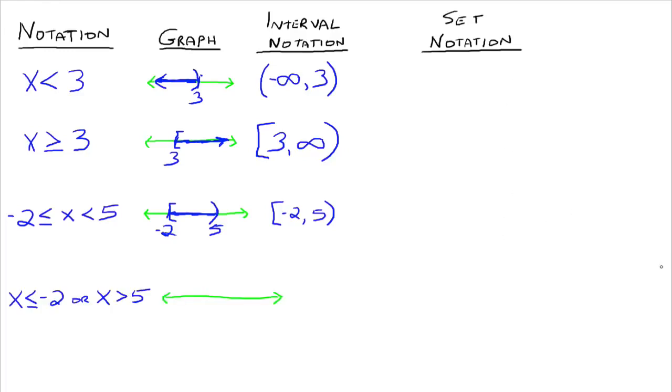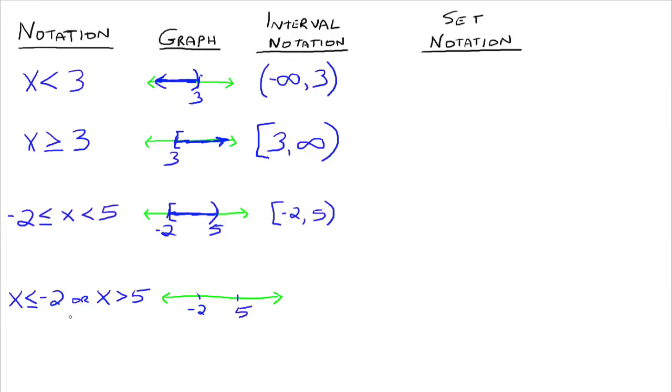All right. So what if we have it looking like this? These last two here are called compound inequalities. You'll see them somewhere down the road. So here we're looking for all numbers that are solutions to this first inequality, x is less than or equal to -2, or any numbers that are solutions to the second inequality, x is greater than 5. All right. So again, we've got the -2 and 5 that we can plot on our number line, and then